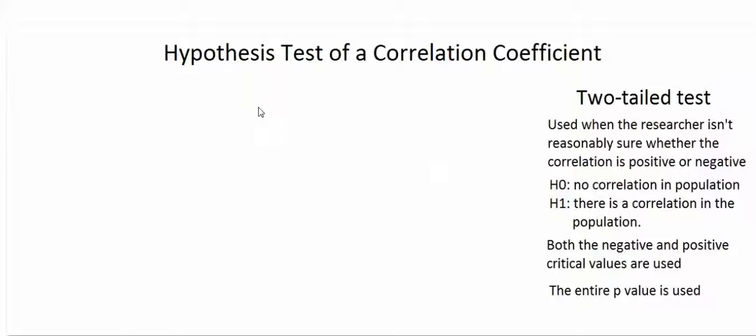In class, we were talking about the correlation between the number of children a person has and the number of hours that the person works per week. If we're studying a certain population of people, and we're interested in the correlation between hours worked per week and number of children in that population, it would be difficult for us to decide ahead of time whether we think the correlation is positive or negative, because